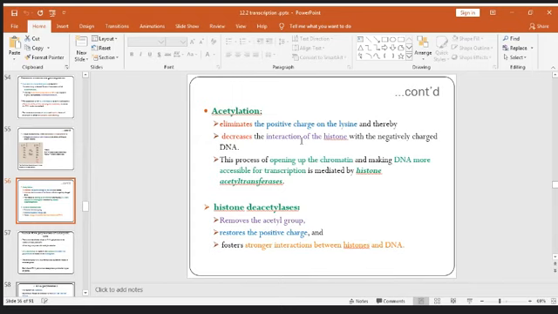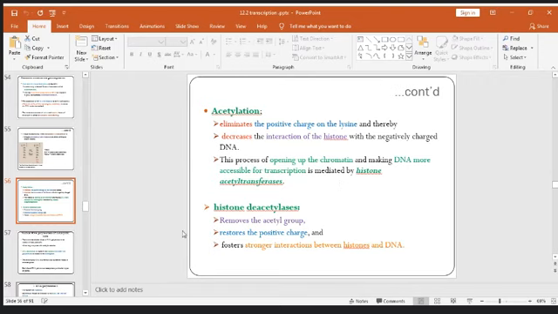When you see the acetylation, as I told you before, the acetylation eliminates the positive charge on the lysine residue of the histone proteins. That means it decreases the interaction of the histone with the negatively charged DNA strand in this process of opening up the chromatin and making DNA more accessible for the transcription process as well as for the replication process. And this reaction is mediated by the catalyzed activity of histone acetyl transferases, and the deactivation process of the DNA strand for not undergoing this transcription